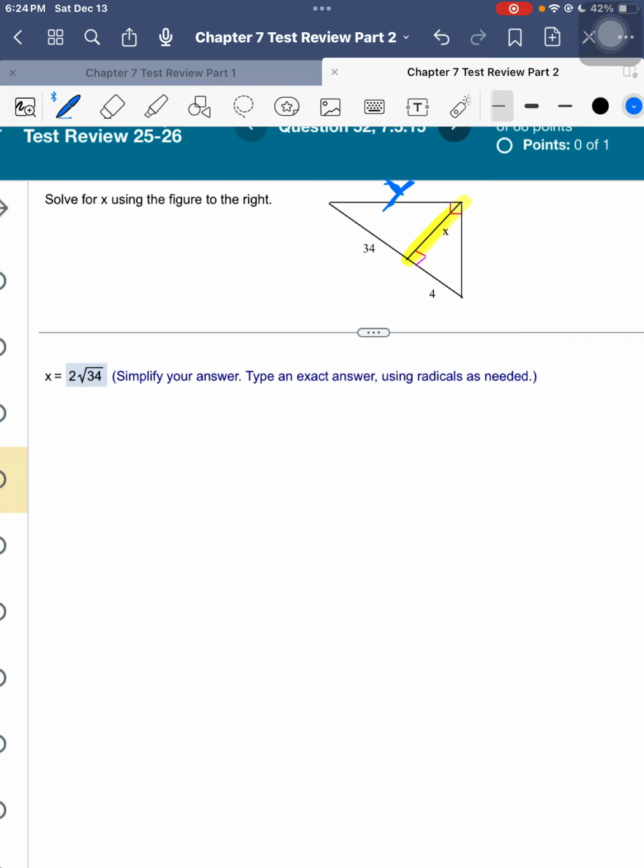So here, my geometric mean is on my altitude, so it's x squared equals ab. What gets substituted into this x? Just x. So x squared equals, what's my A? Let's say it's 34, and my B could be 4. So now 34 times 4